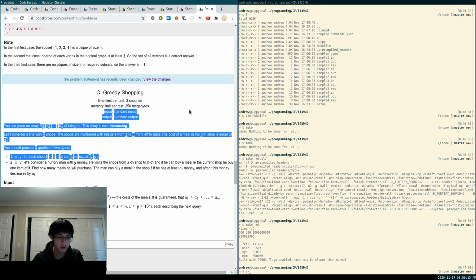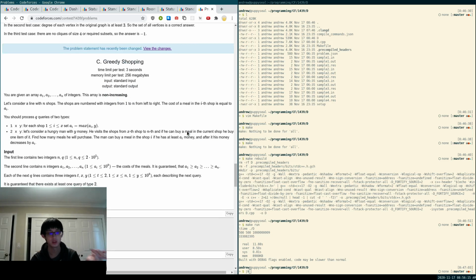C is like a tricky problem. I thought C was by far the trickiest problem in this set, I think. But pretty much you're given an array of integers. It's weakly decreasing. And at any point, what you can do is take a prefix and set everything in this prefix to at least k. So that might increase something near the end of the prefix, and some things near the start of the prefix might not change. The other thing you can do is